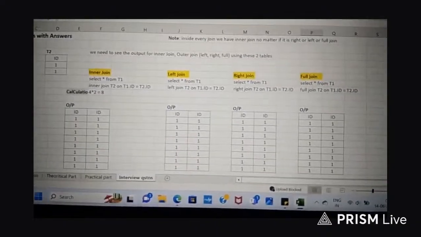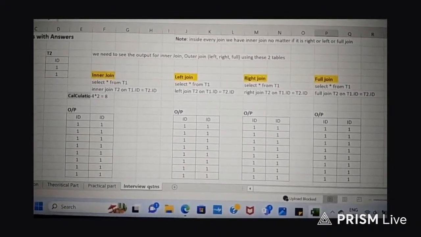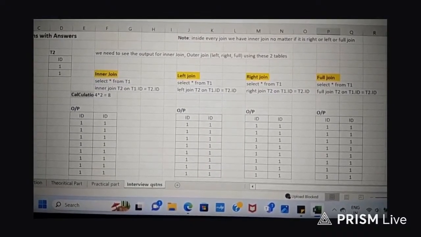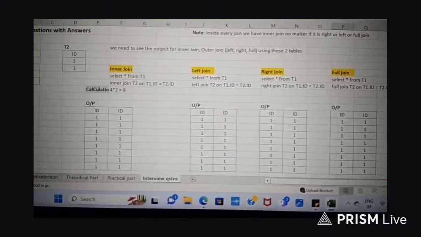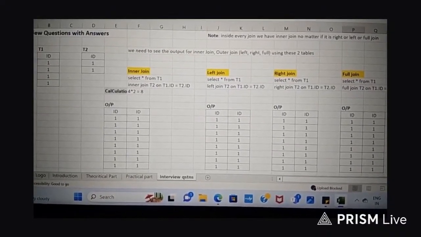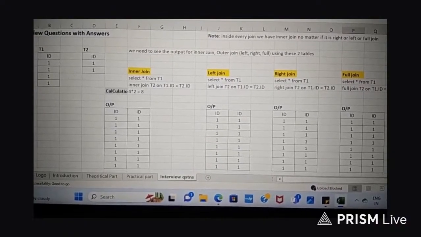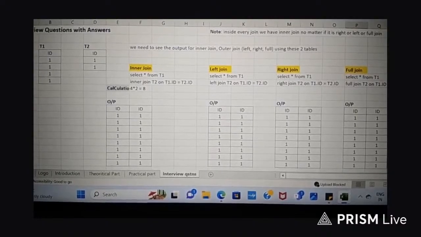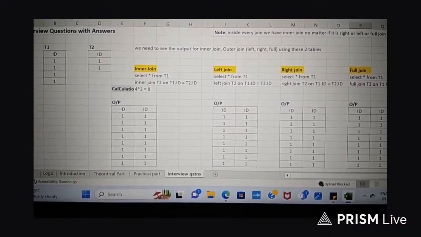Now move to full join. When there is no left or right join specific, in that case, the inner join value will be seen in the full join. So here is the answer to our first question, where inner join, left join, right join, full join, all are having the same output because the values between the two tables are the same.